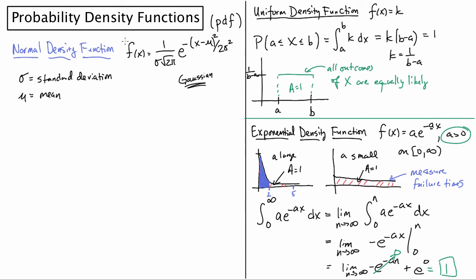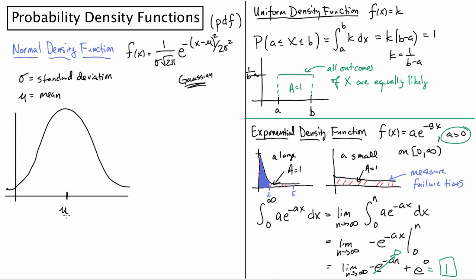Now we're going to talk more about the mean, or the expected value, in a future video. But what does this particular distribution look like? How does it compare to the others? Well, you notice in the case of the exponential, it kind of follows an exponential curve. Uniform is constant. It turns out that the normal distribution is this nice, well, somewhat nice, looking bell-shaped curve. Its center is at the value mu, which is the mean. So it is symmetric